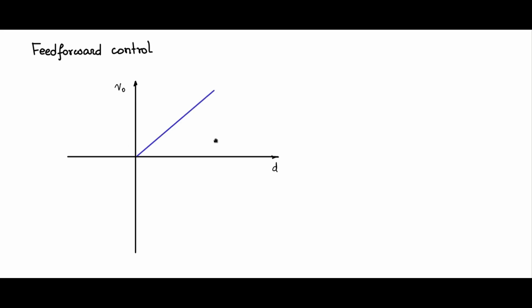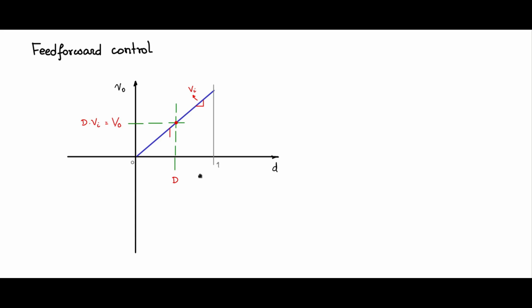So let me draw that. The slope is Vi, so Vi into D. Let's say, for example, D varies from 0 to 1. And let me take an operating point where this is the operating point, the x-intercept is uppercase D, and the y-intercept is uppercase V0. So the relationship between V0 and D is V0 equal to D into Vi. The slope of this transfer curve is Vi, which is fixed, constant. D is actually the control input.